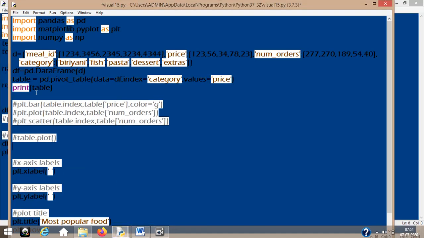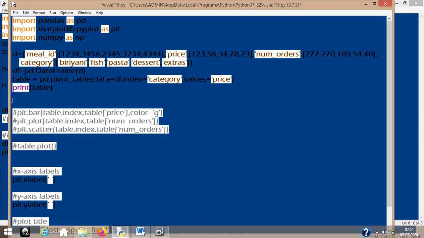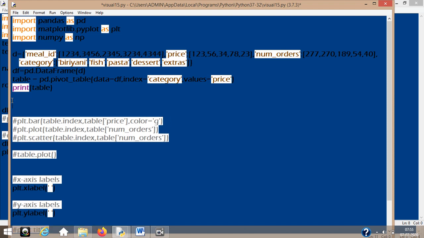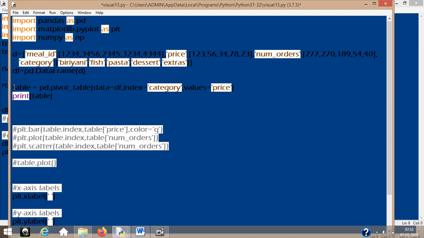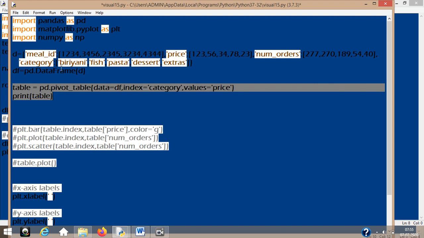Okay, now what you see here, a lot of codes of course, but what I wanted to give stress on is that I have created a data frame called DF with meals, ID, price, number of orders made and category.